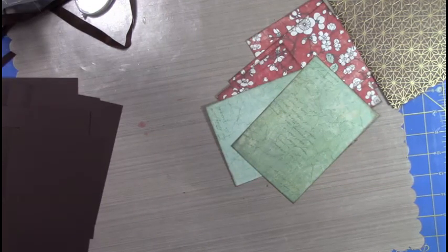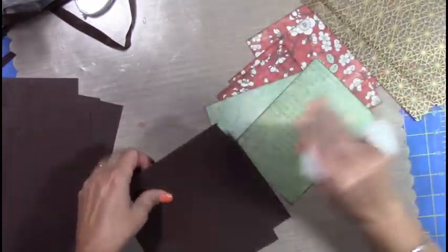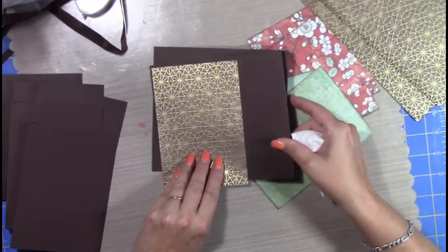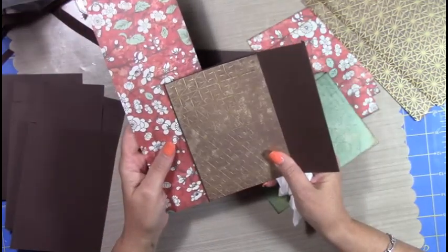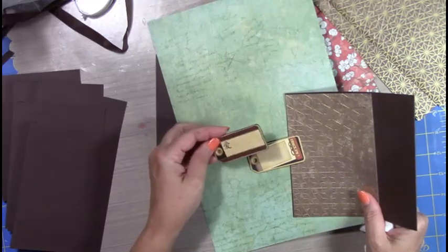Alright. Now, what else did I need? Oh, I needed to figure out what I was going to do on these. And I think I was going to try putting this on that part of it. So let's see. If I had this here, now I'm saying if I had the whole thing, would it look all right to put it over something like that? Yes. However, these little doodads don't have a bit of the green in them. So I think,